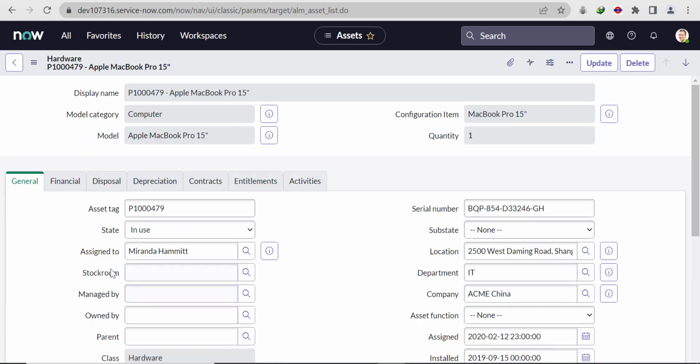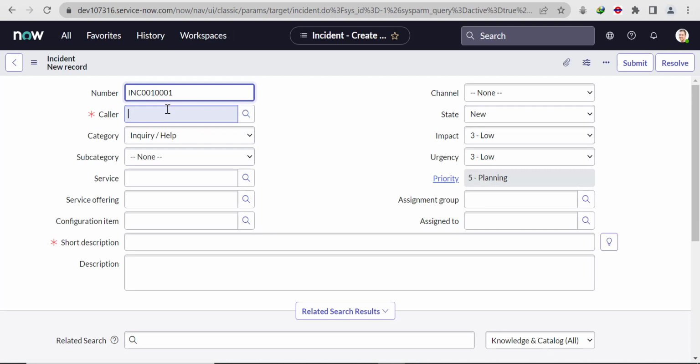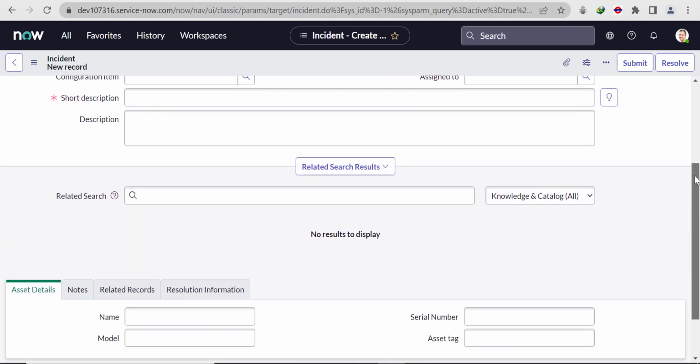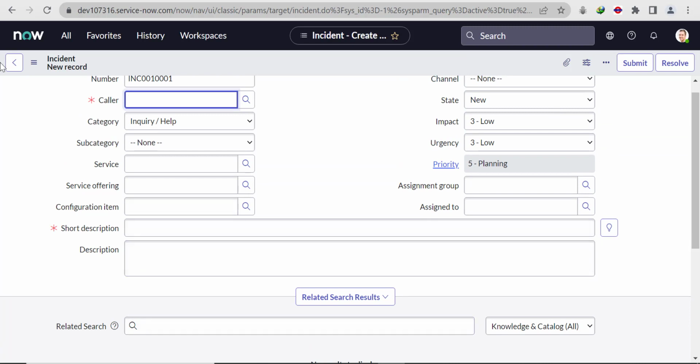Okay, so assigned to is Miranda Hammett. So I will take the same user as the caller here as well, and let's see where the asset details is. Currently if you see, no asset details are there, right? So we'll select the caller Miranda Hammett,